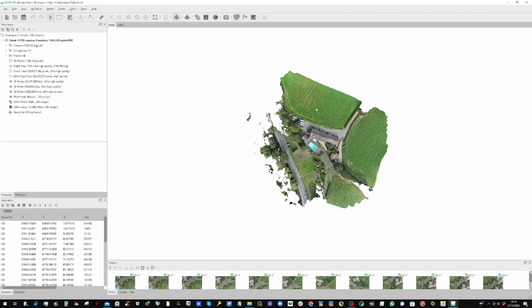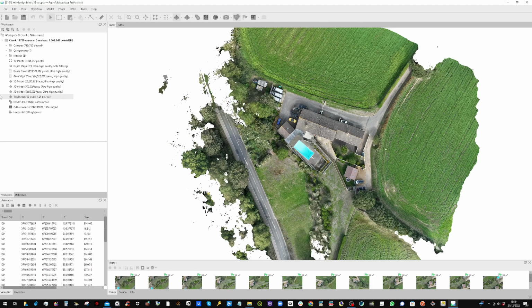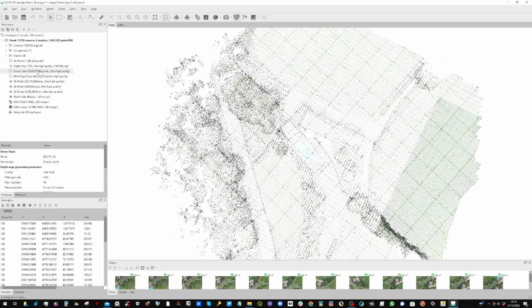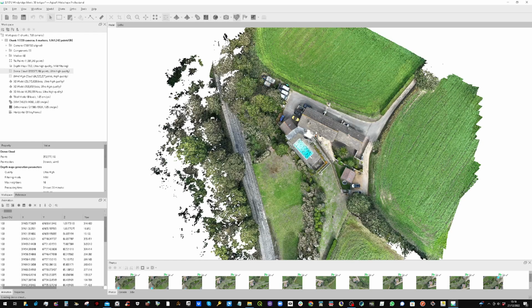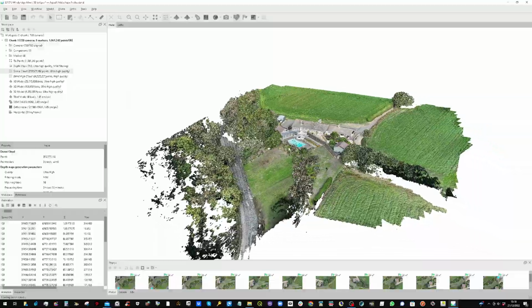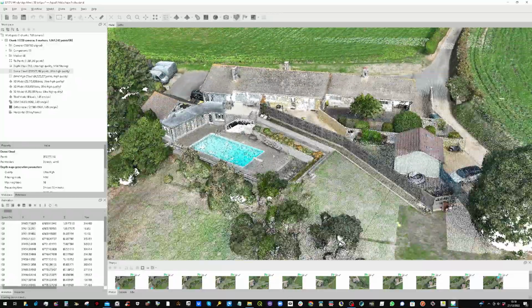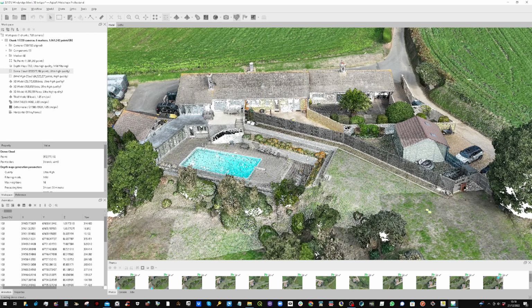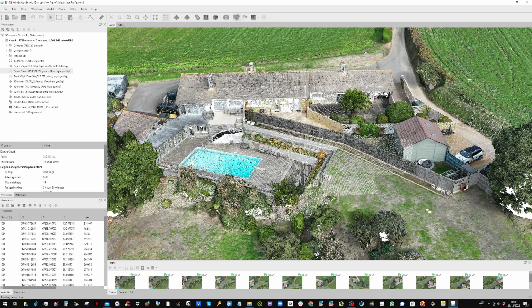So this is a drone point cloud. Just have a quick look, make sure we've got the right one up. Now we want the dense point cloud. This is the software called Microsoft Agisoft Metashape Pro or Professional, where the drone with all its photographs have been put together through a process called photogrammetry, and has generated a point cloud by triangulating all the points